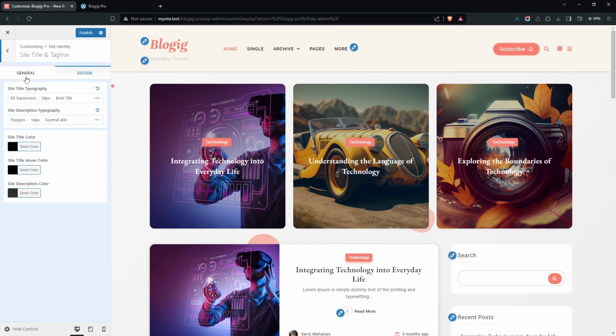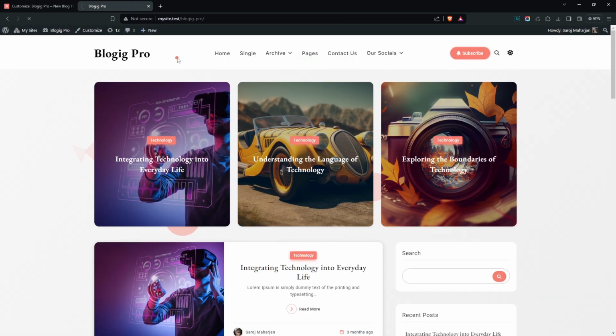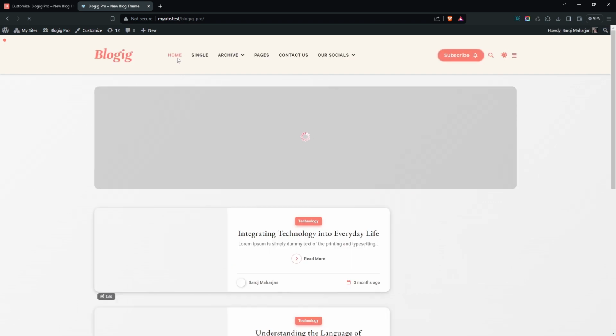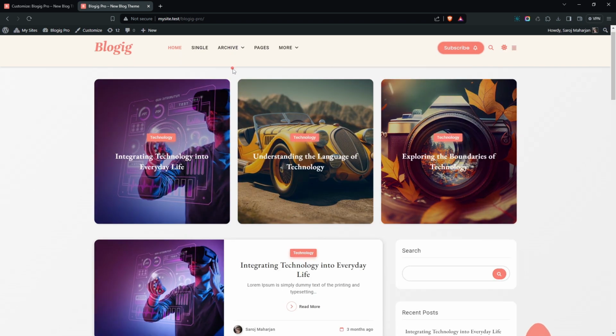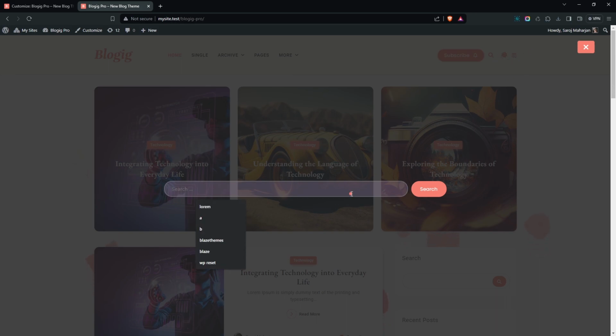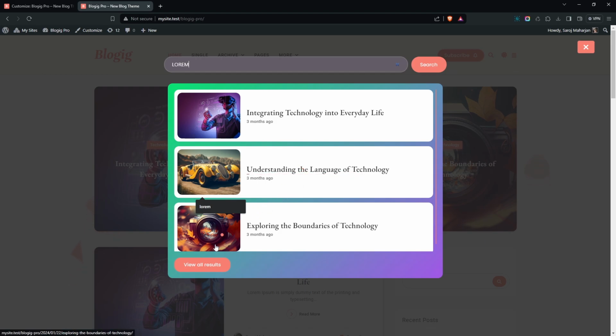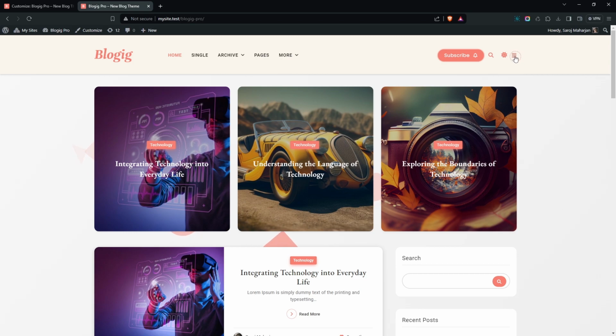Before publishing, I'm going to hide site description. We have now completed the customization of theme header section. Menu items, sub-menu items, subscribe button, search, canvas menu,